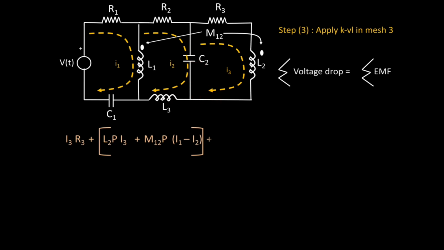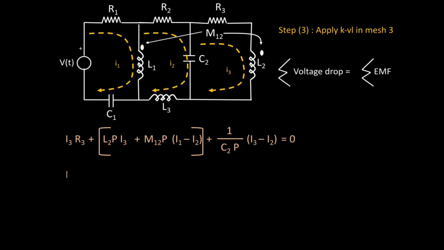So again we will put plus sign. Now C2's ohmic value will be 1 upon C2P, and which current is flowing through C2? I3 and I2, and in opposite direction. So now we will take total current I3 minus I2 in C2. Why? Because we are applying KVL in mesh number 3. So we will be writing I3 minus I2. Now is equal to, no voltage sources are connected in mesh number 3, so we will write just 0. So this is the application of Kirchhoff's voltage law.